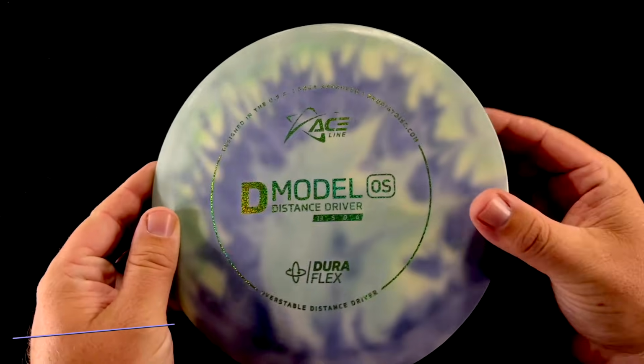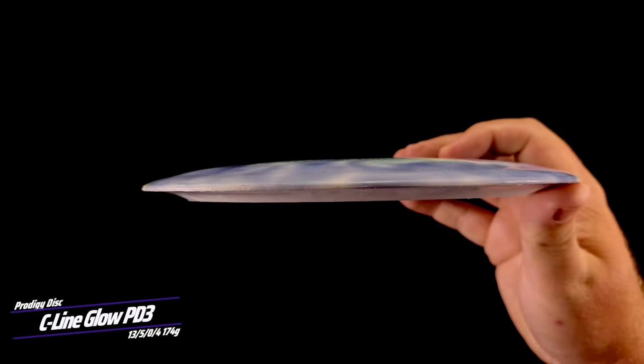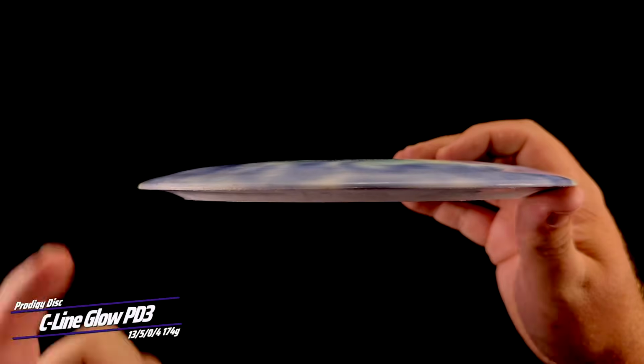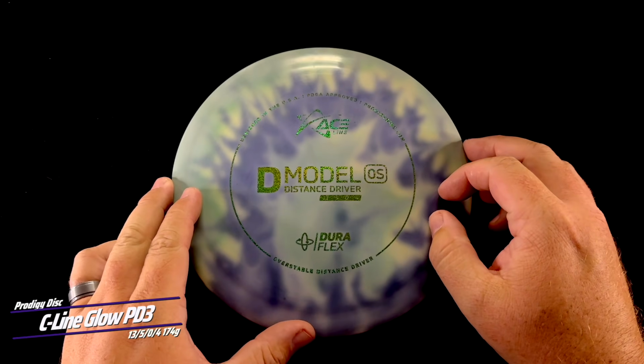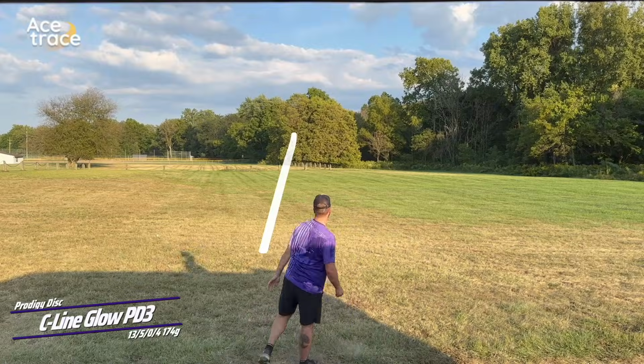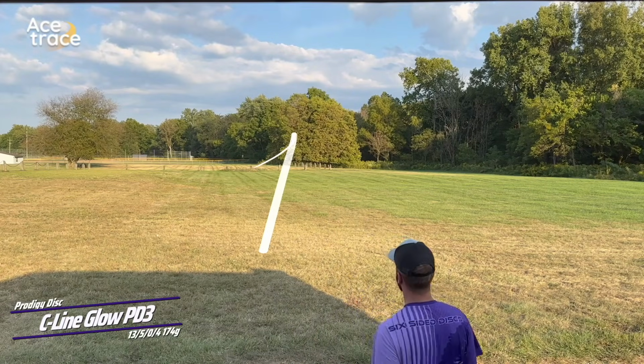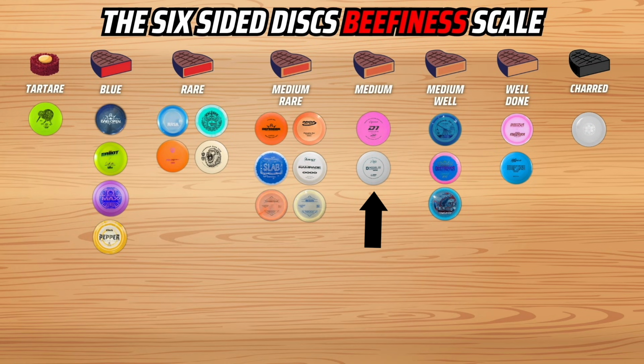Earlier we saw the D1 from Prodigy, so let's take a look at a couple more. Starting with the D Model OS. Part of Prodigy's Ace line, the D Model OS actually looks and feels eerily similar to the D1. And it flies eerily similarly as well, pushing and pushing straight for a really long time, just like the D1 did. So that puts the D Model OS right below the D1, and we move on to our next Prodigy distance driver,